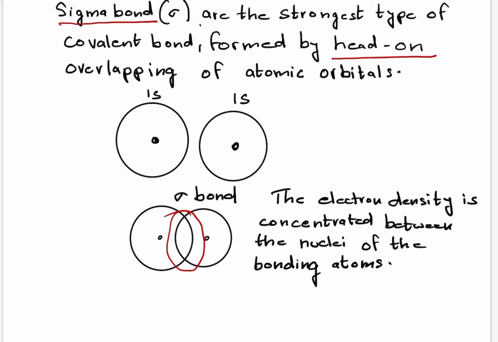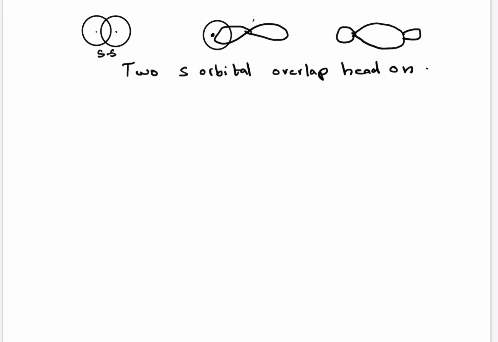So, another very important thing: electron density is concentrated between the nuclei of the bonding atoms. Now let's move on to pi bonds. Now if we define the pi bonds,